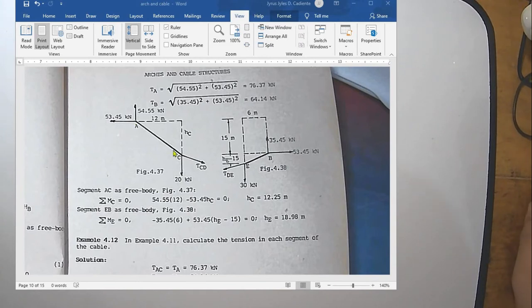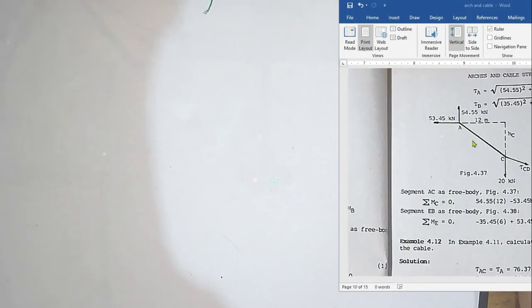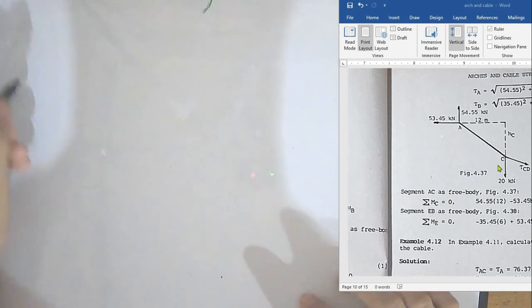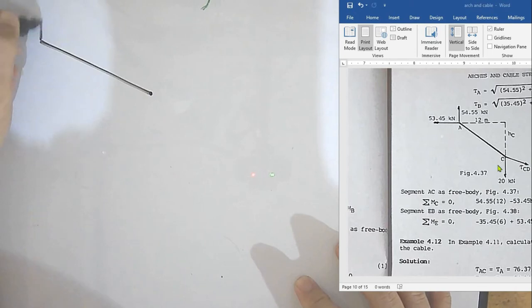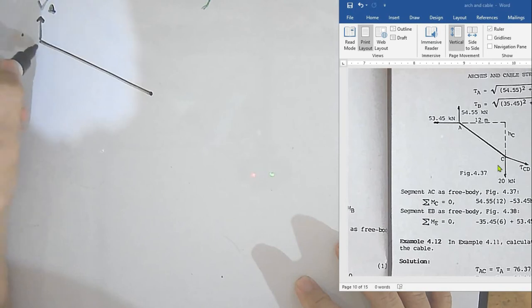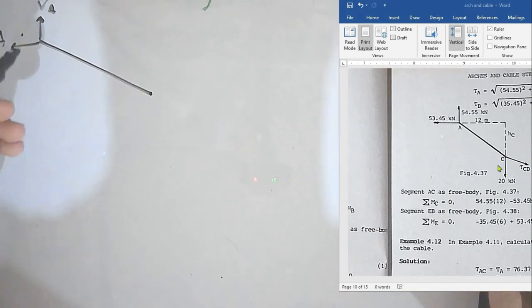So, let's take AC as free body. We will also get the reactions and consider the 20 kilonewton load. So, let's take AC as free body, but this time, we will consider the reactions and your 20 kilonewton load. So, here it is. Okay? So, this is VA, and then you have here HA, and then we have